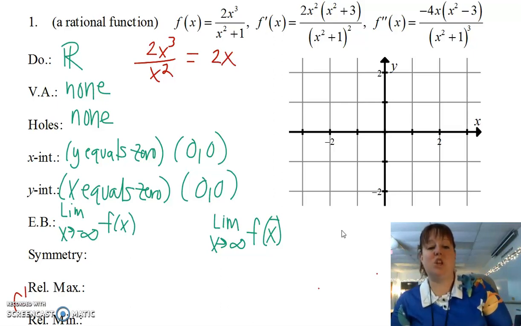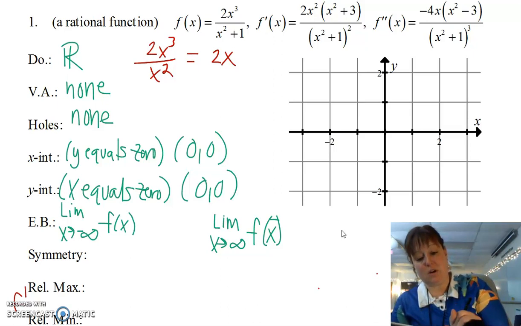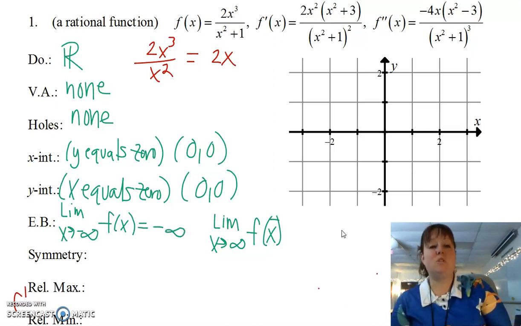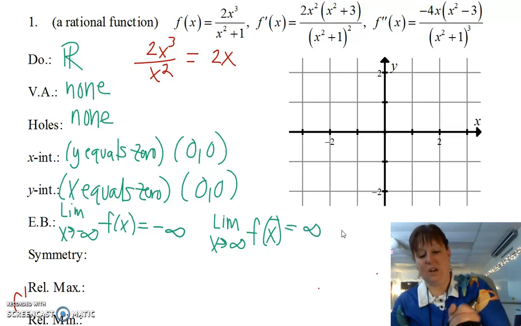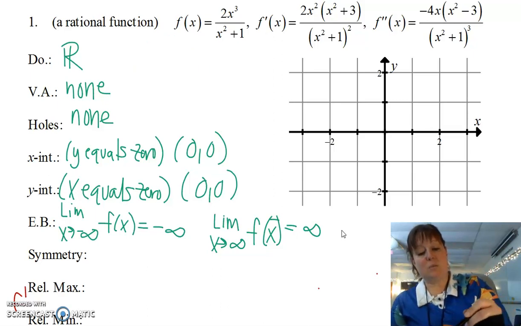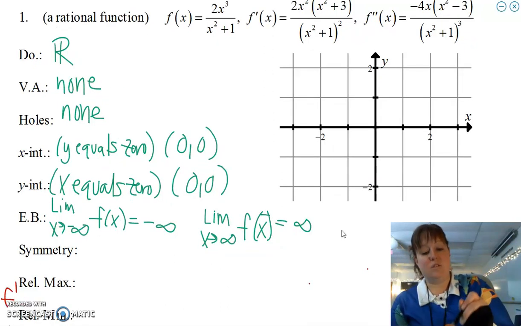What happens when I put a hugely negative number in 2x? Well, I get out a hugely negative number, so that equals negative infinity. What happens when I put a hugely positive number in there? I get out positive infinity. So the end behavior is the limit as x approaches negative infinity, it goes to negative infinity, and as it approaches positive infinity, it goes to positive infinity. And so that basically means we know it's going to do something like this, we just don't know exactly what it looks